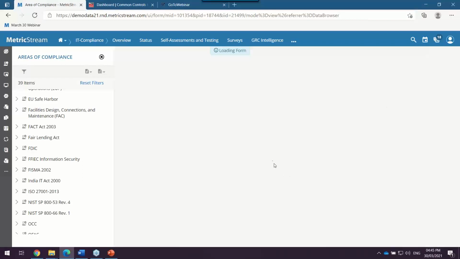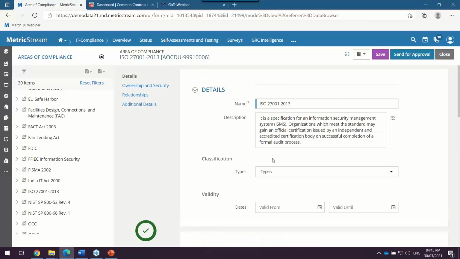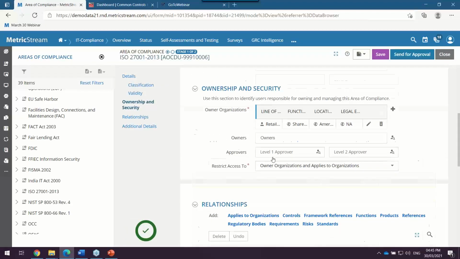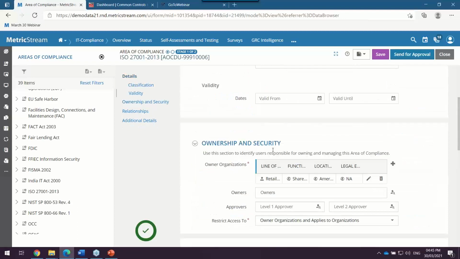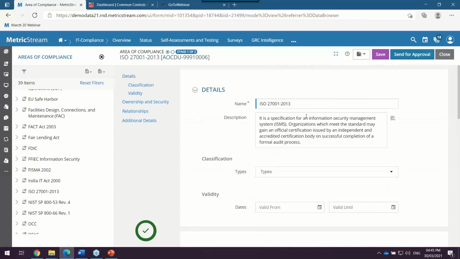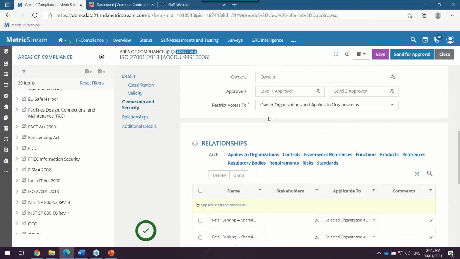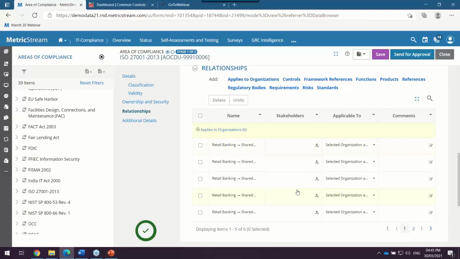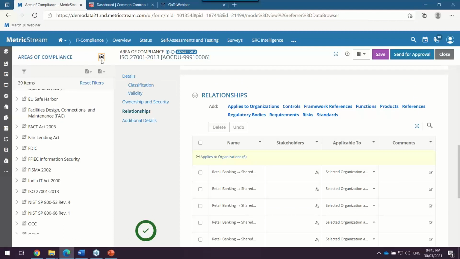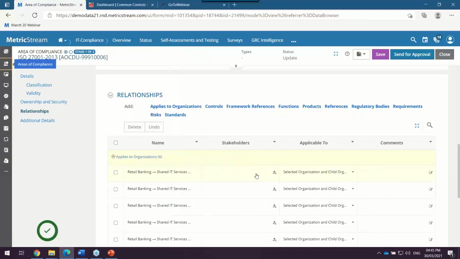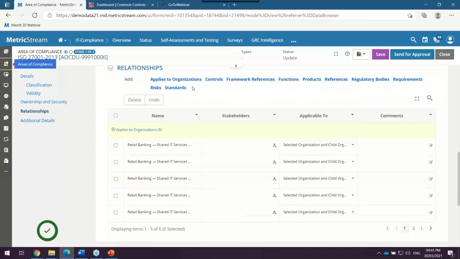So this kind of a view really gives you an appropriate insight into where you stand as an organization that you're trying to comply to. So when you look at compliance, or when you're trying to run a dashboard for where you stand as a company for ISO 27013, it clearly gives you a detailed, insightful view, right? Which I'm going to show you in the next few minutes. But depending on the relationships that you have defined, you clearly know this regulation or standard or framework as a best practice that I've imported from UCF is tagged to multiple different business lines within my organization, multiple different framework references, or could be controls, and so on and so forth.